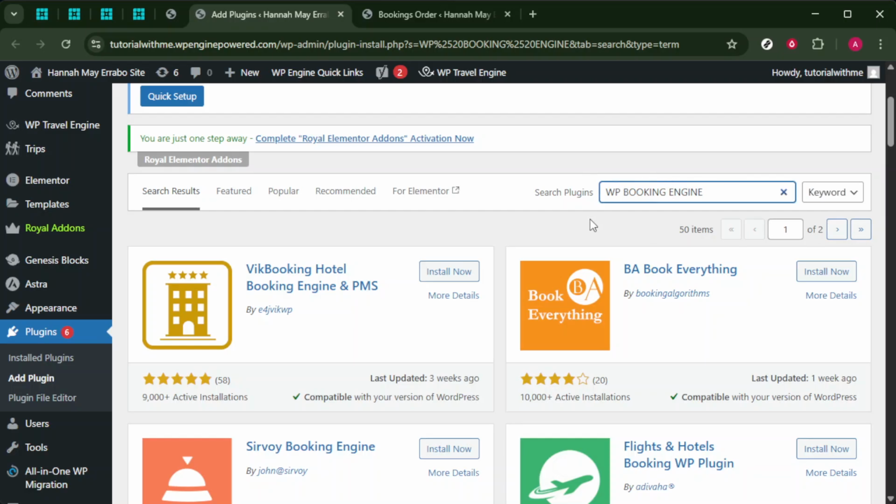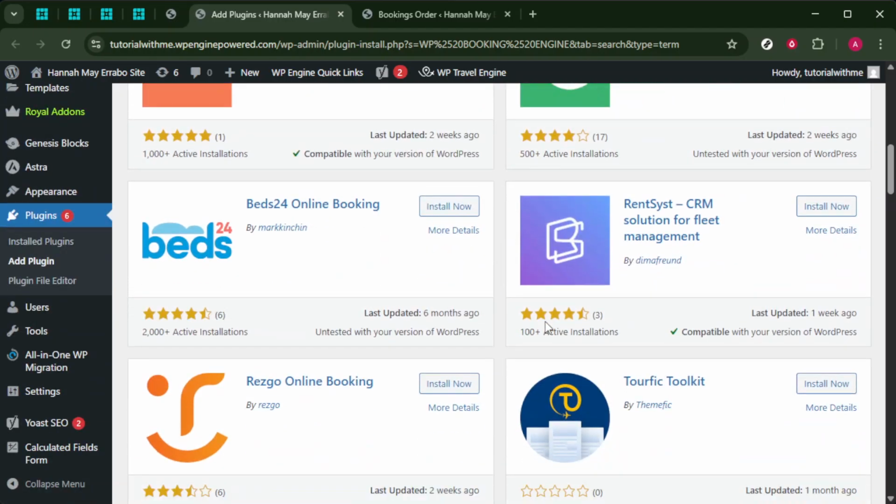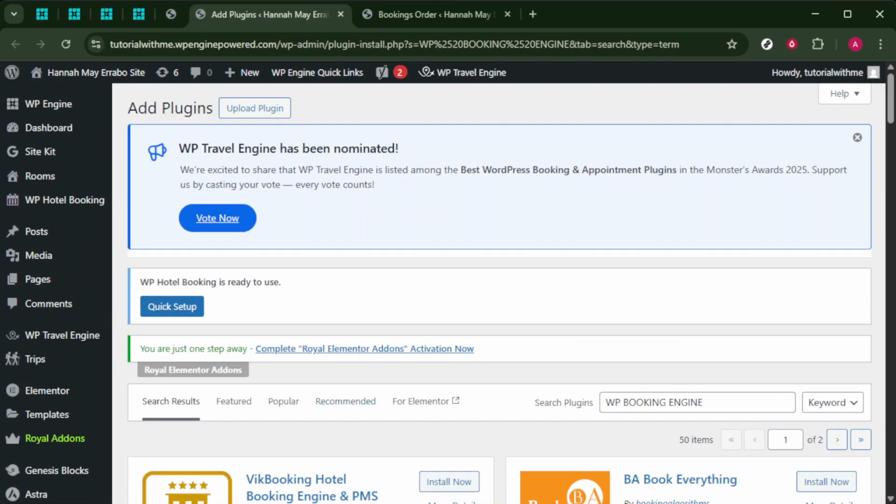Next, open Local on your computer. You'll be greeted with a clean, simple interface, and from here, you'll want to locate the button labeled plus New Site. This option allows you to start setting up a brand new site in just a few clicks. It's ideal for those looking to rapidly spin up a test environment or commence a new project without any specific